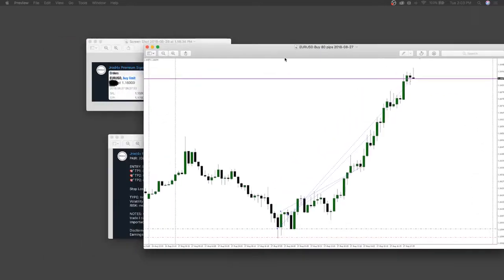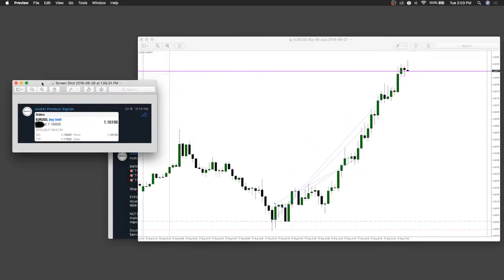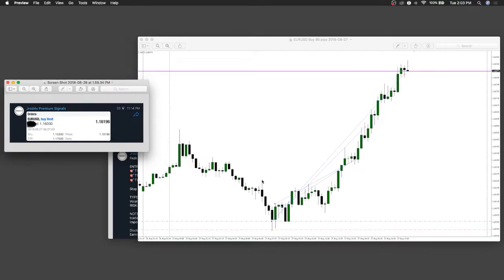But basically this is the result of the trade that we took on Monday. So this is Sunday's trading right here, and this is Monday. This vertical line and this vertical line measure out Monday's trading, and you can see the market traded down, and 1.1600, the buy limit, was triggered, and as you can see, we rode the market all the way up here,